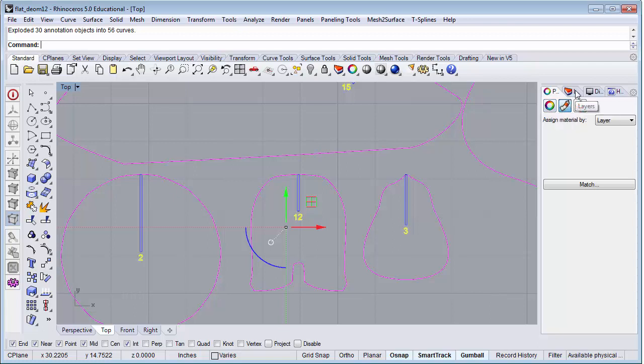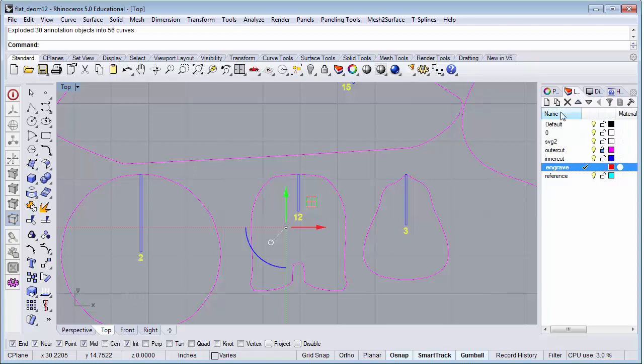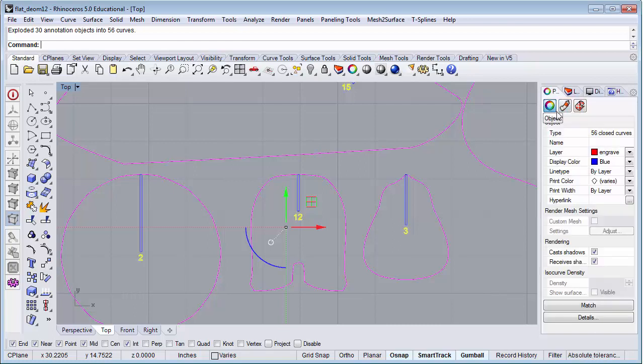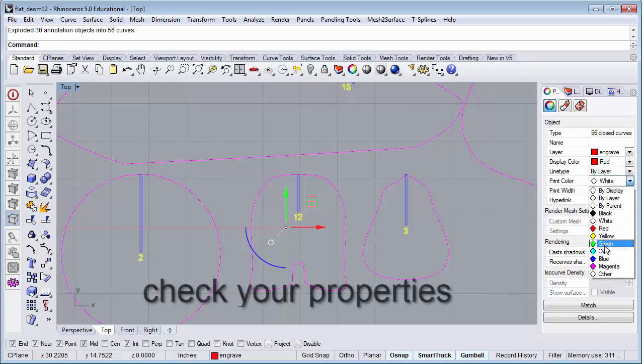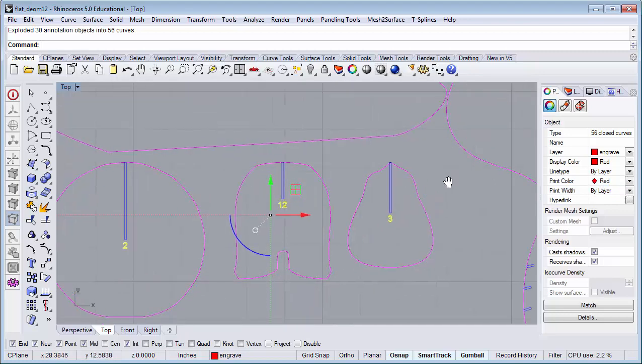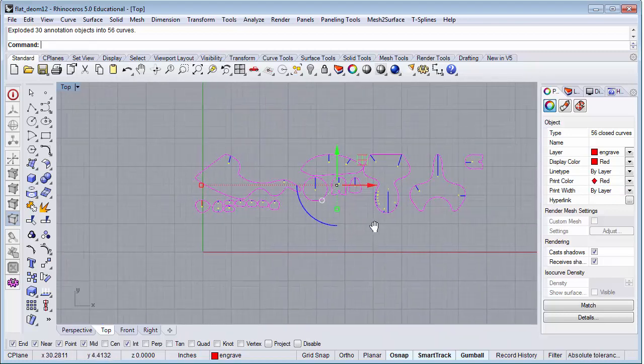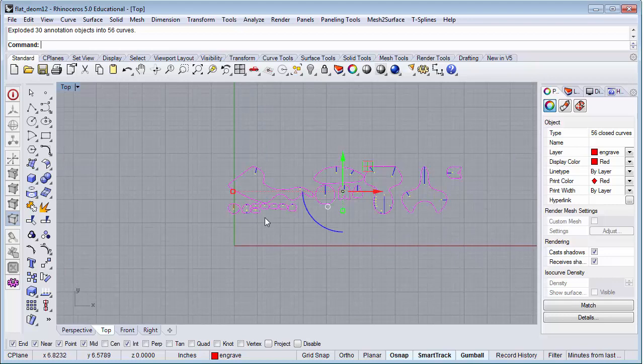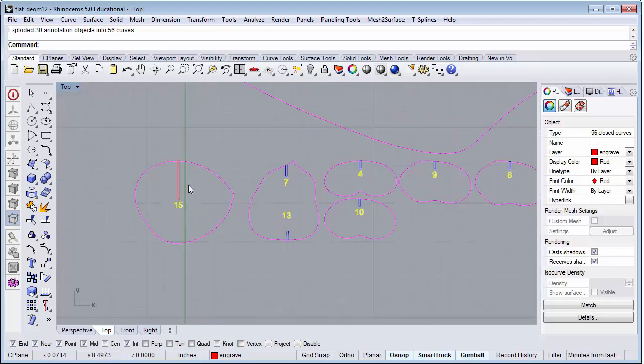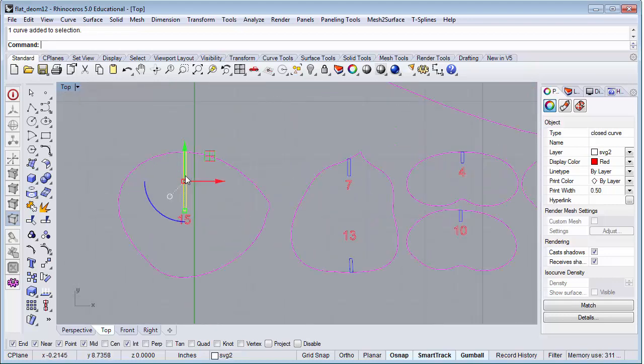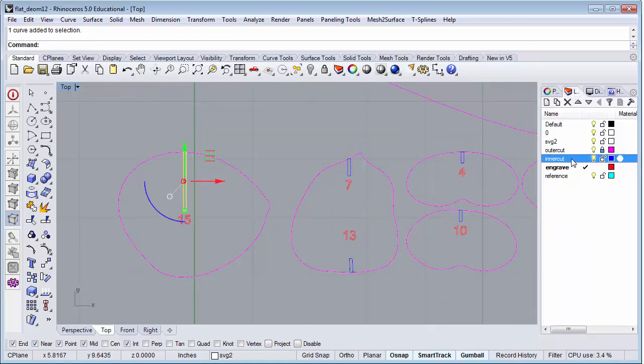Now, the next step, let's go back to our layers again. And we want to look at our properties. And we're going to go look at our object properties. And you notice that that's painted blue. We want to change that to red. We want to come over here, change that to red. And we want to make sure that the print width is by layer. And now we have the color formatting complete. And actually I've got one here, there, and I've got to select that one and change that layer to